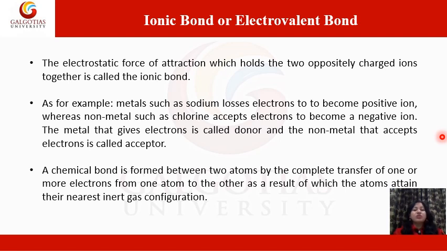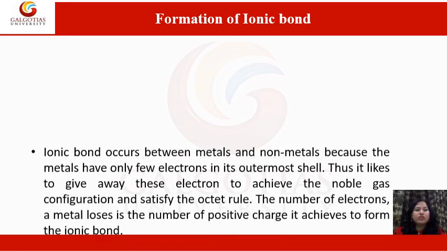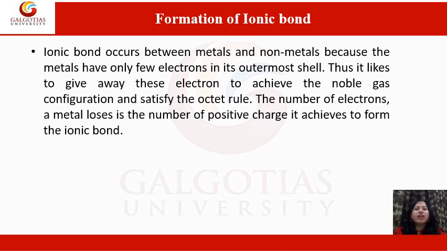A chemical bond is formed between two atoms by complete transference of one or more electrons from one atom to another, as a result of which the atom attains the nearest inert gas configuration. Formation of ionic bond: ionic bond occurs between metals and non-metals because metals have only a few electrons in their outermost shell. Thus, they like to give away these electrons to achieve the noble gas configuration and satisfy the octet rule. The number of electrons a metal loses is the number of positive charges it achieves to form the